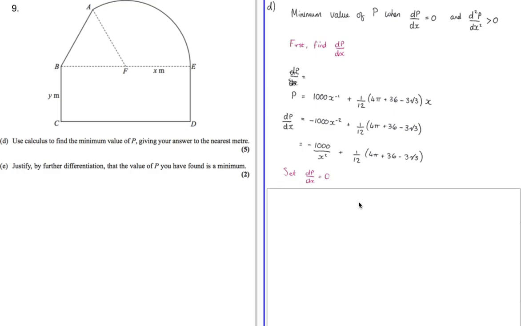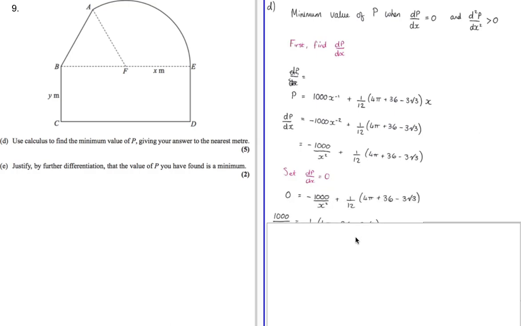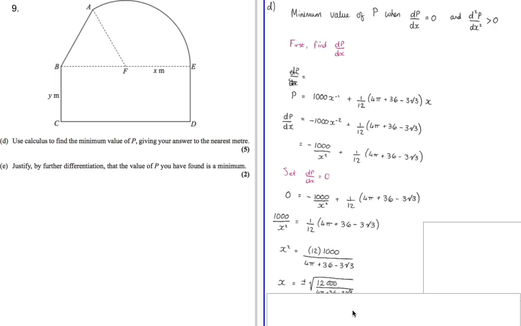We're now going to set dP/dx equal to 0. That's when we've got a turning point. Set it equal to 0, bring that first term over to the left. We're going to times both sides by x squared, so we take this x over here and take this thing under the 1000. We can now take the square root of that, remembering our plus or minus, always, when you take the inverse of a square, and we're going to get plus or minus